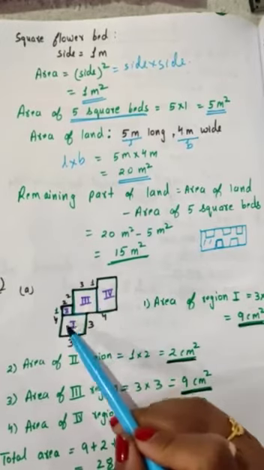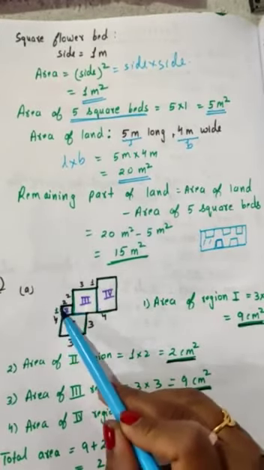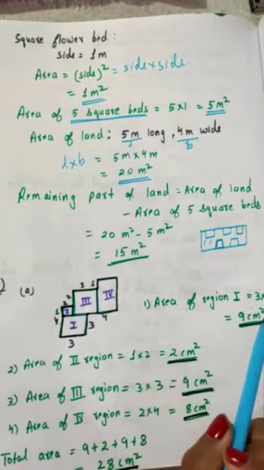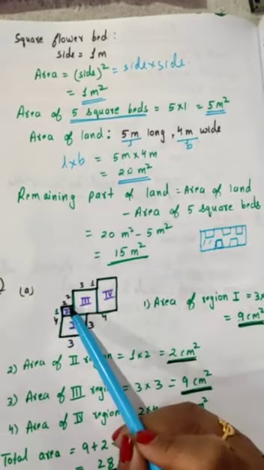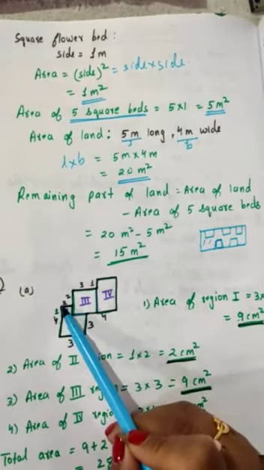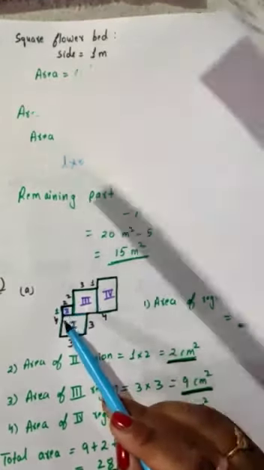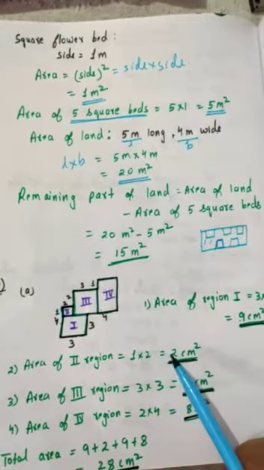So the first region, this one is a square because ये complete length 4 है, इसमें से 1 यहाँ पे निकल गई, so this much is 3. So this is a square, its area will be 3 into 3, 9 centimeters square. Similarly, this is second one. Second one में this is length 2 meter and this is width 1 meter. So this is a rectangle and rectangle's area is L into B, so 2 into 1, okay, which is 2